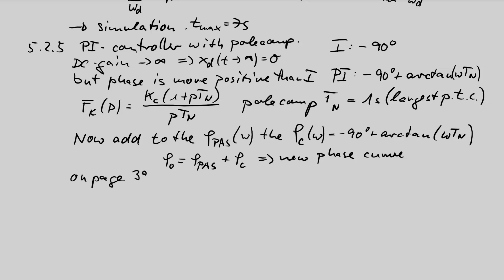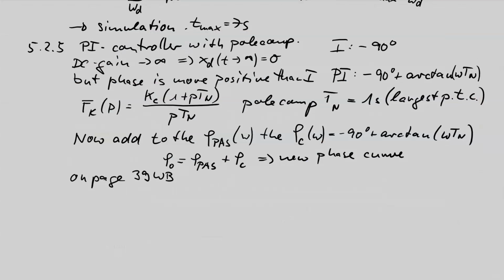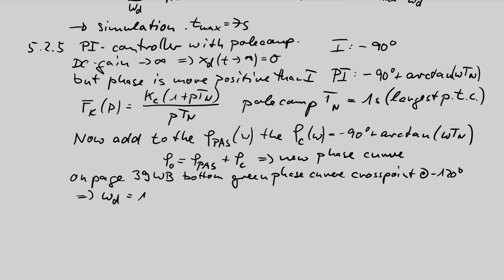On page 39 in the workbook, bottom part, bottom curve, green phase curve, cross point at minus 120. We want to have the same phase margin, 60 degree, ends up in an omega d which is